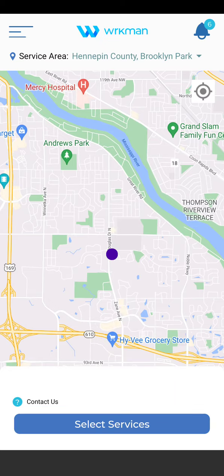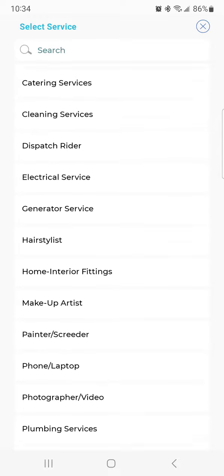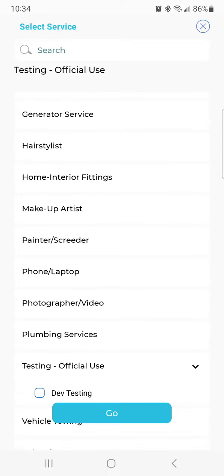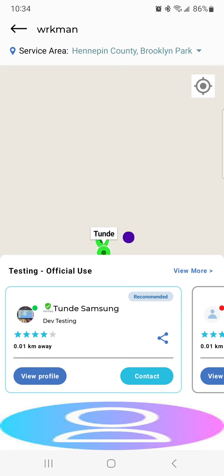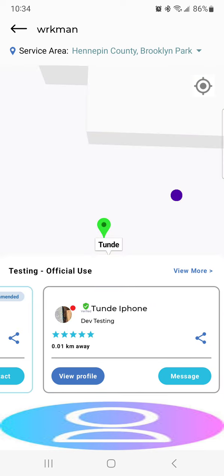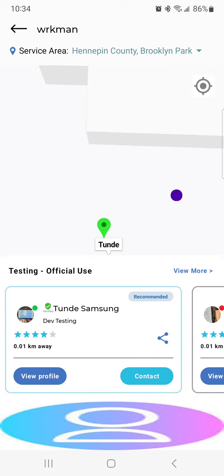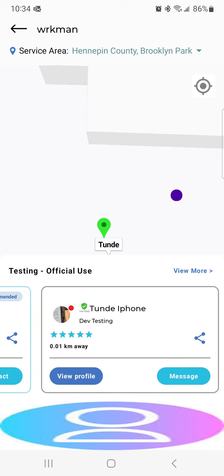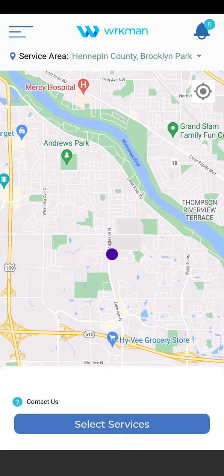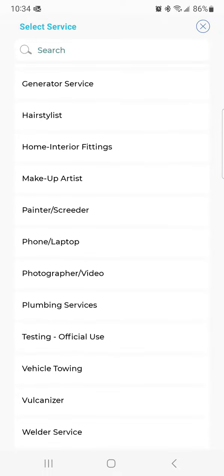It tells you what your location is. And then we can select our service. I'm going to use a testing service, which is what we use to test. And we can find all the providers there. Some are online, or you can go back and select a different service,